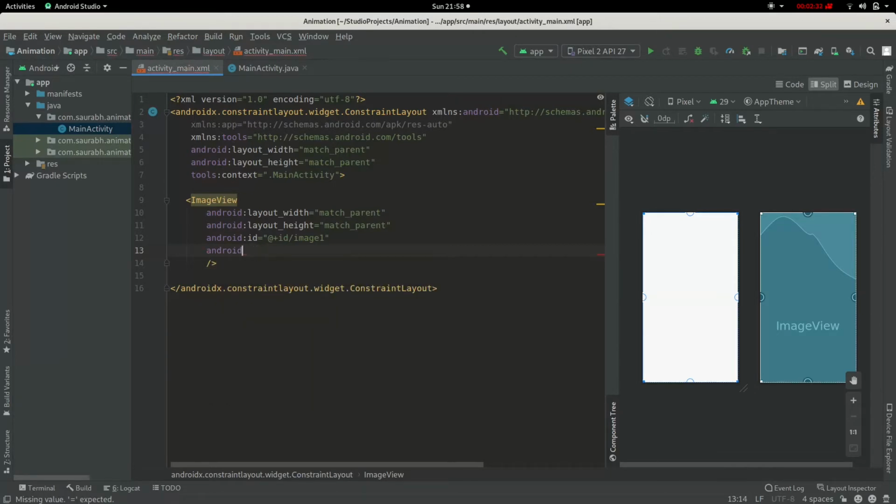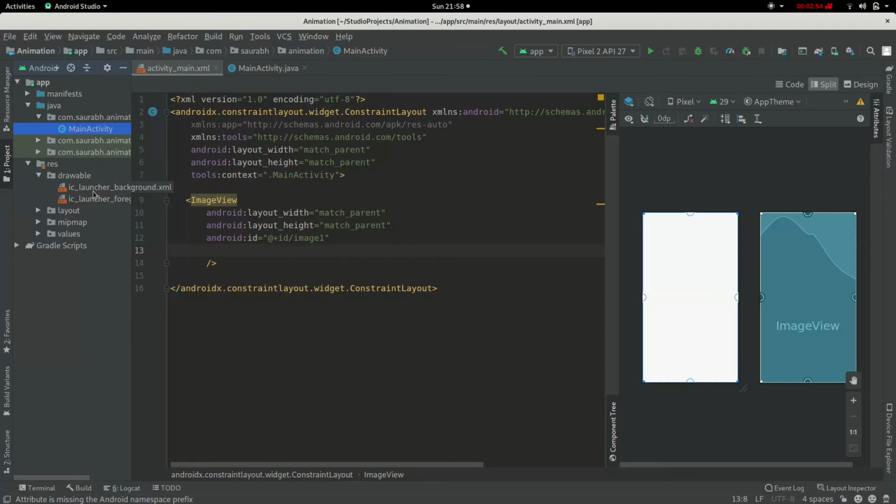But before setting up the source, we need to bring up the image. So I have downloaded two images, and you go to the resource and then drawable. In this drawable folder we keep our resources like images and some XML files which will be used for configuring the layout. We will see that in later videos.